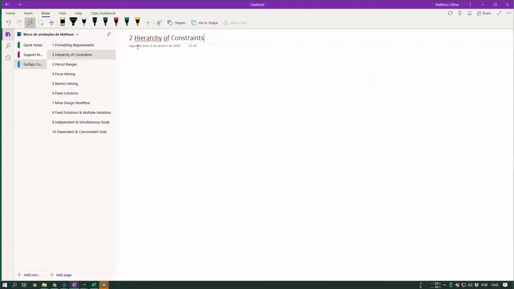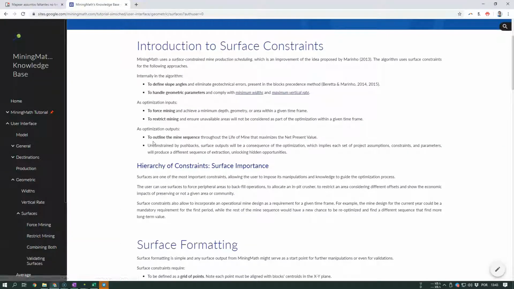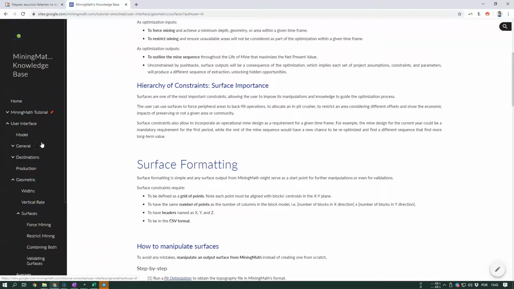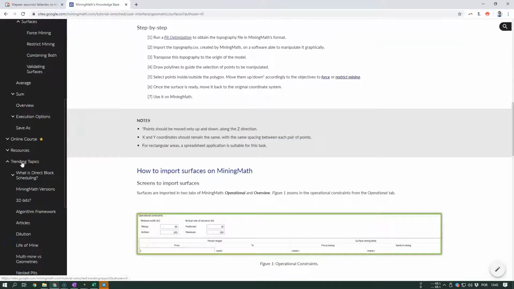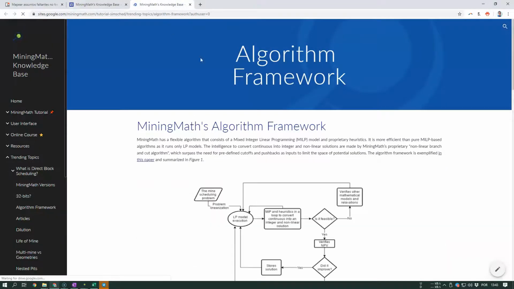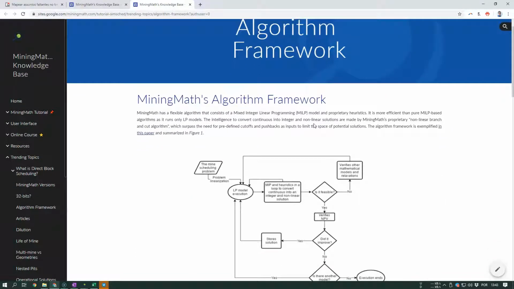Move forward. Let's understand the hierarchy of constraints. The hierarchy of constraints can be found on the MiningMath knowledge base, under trending topics, algorithm framework. Of course, this is a simplification of MiningMath's algorithm framework, which will show you how the software